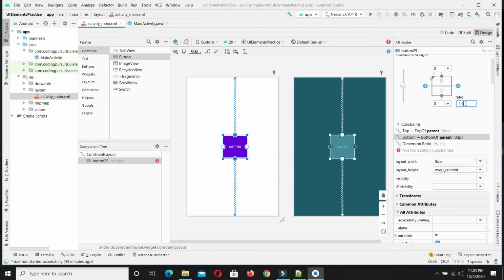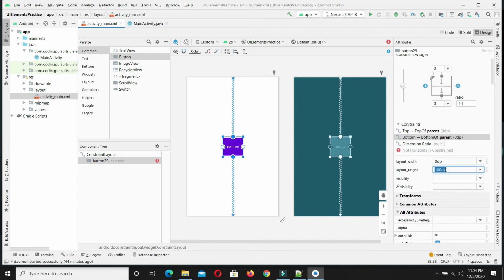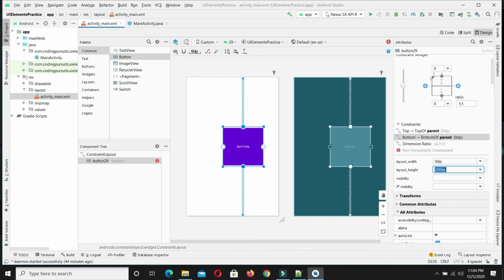Currently it is saying that the width will be changed according to its height. So when I change the height to 100 dp, the width is automatically 100 dp. In the same way, when I select 200 dp, again my width is equal to the height, that is 200 dp.